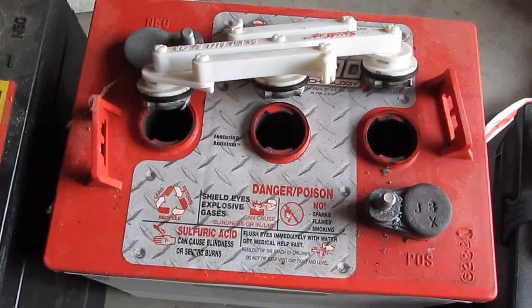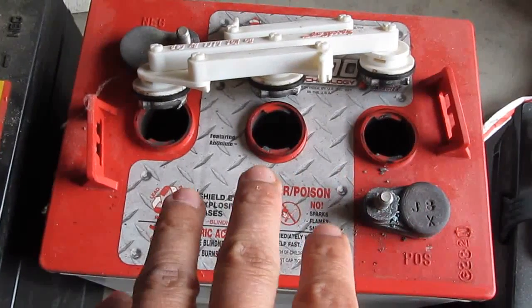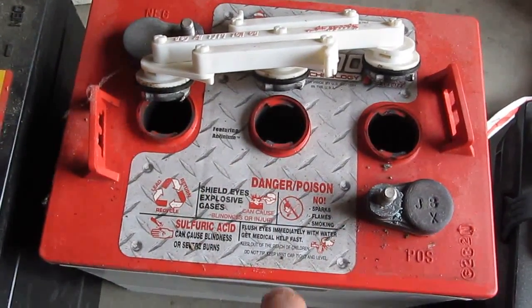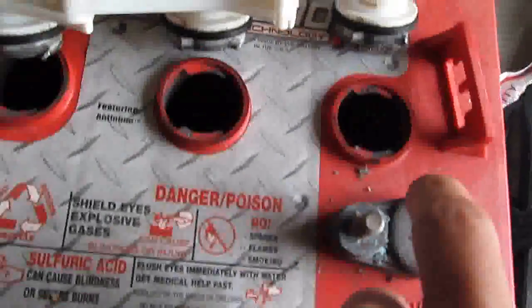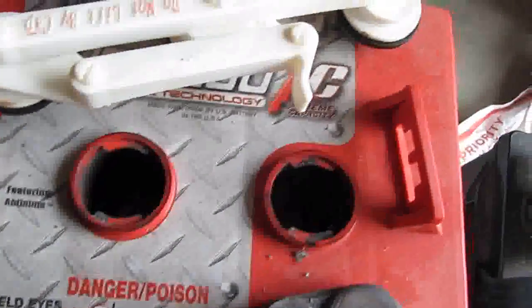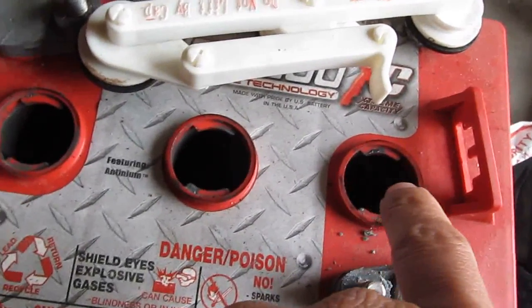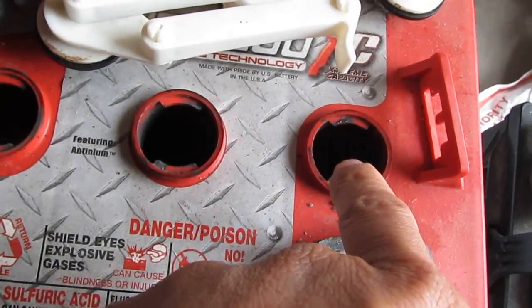Every month or so, it depends on how much you charge it and how much you use it. For my system, I have to add water every month. When you add water, make sure you don't add too much. Too much is not good. Too little is not good. So when you see the water level below the